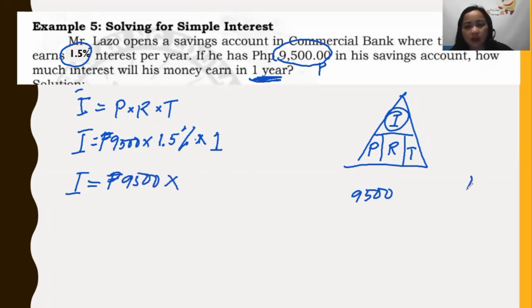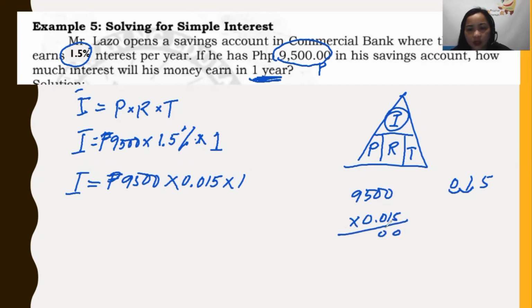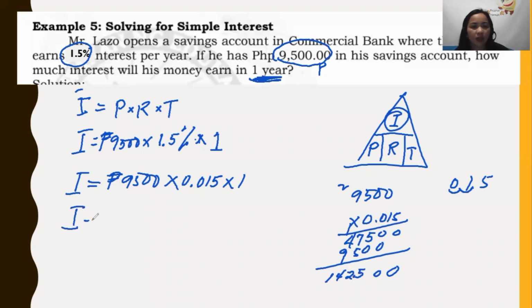times, paano gagawing decimal yung 1.5 in 1.5%? So lagay natin yung decimal point 2 places from right to left. So that is 0.015 times 1. Let's multiply 0.015. 5 times 5 is 25. 5 times 9 is 45 plus 2, 47. So we have 142.5. So the answer, the simple interest of 9,500 in a year is 142